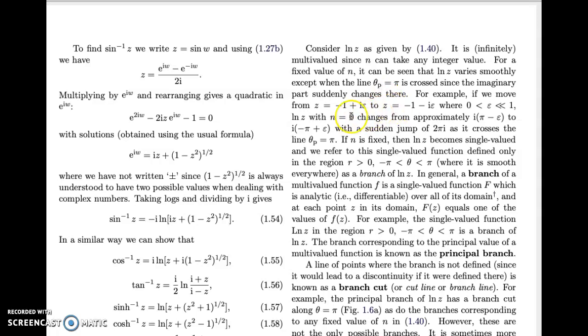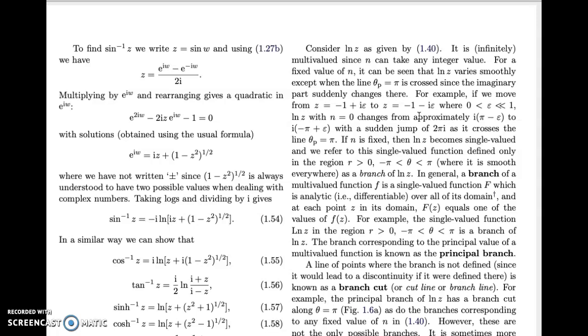So for example, if we consider z equals -1 plus i epsilon, when epsilon is positive and very small, and then we work out what log of that will be, and then we consider z equals -1 minus i epsilon, which is just below the negative real axis,